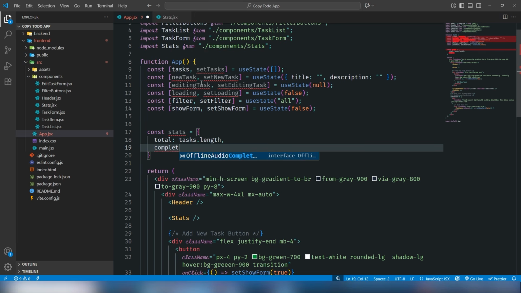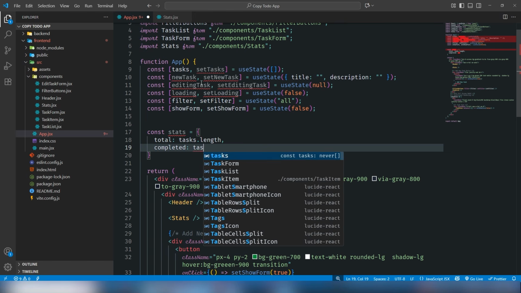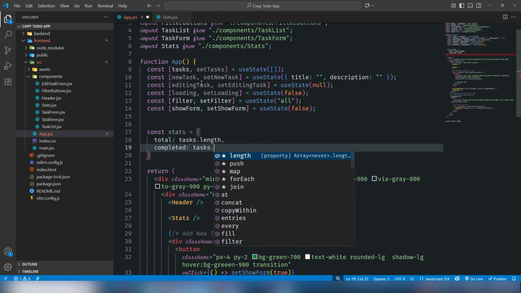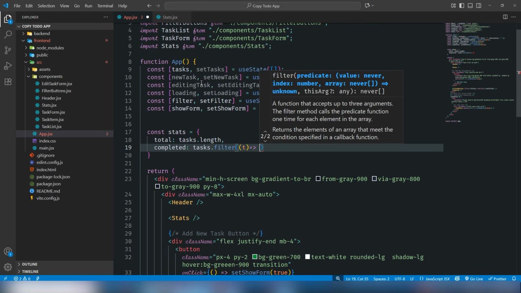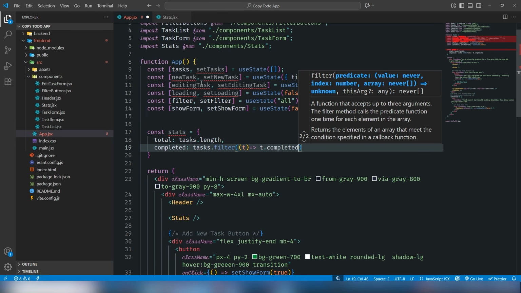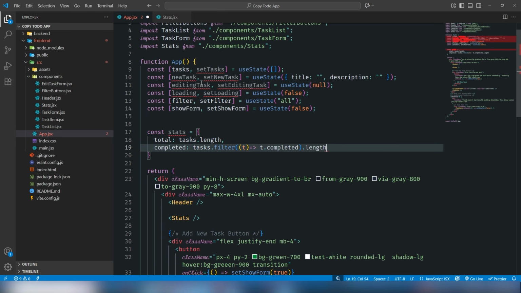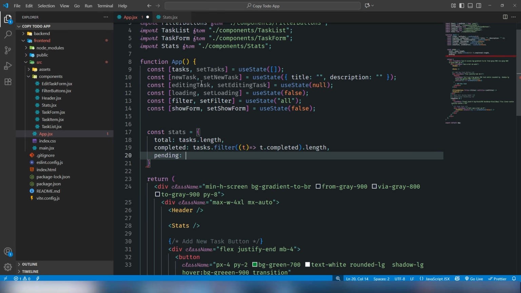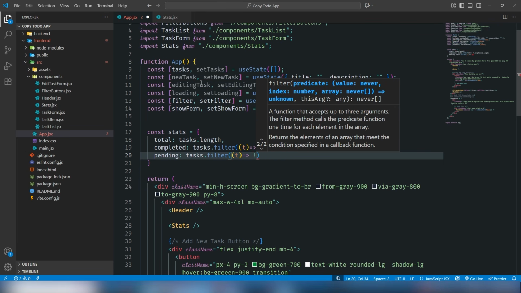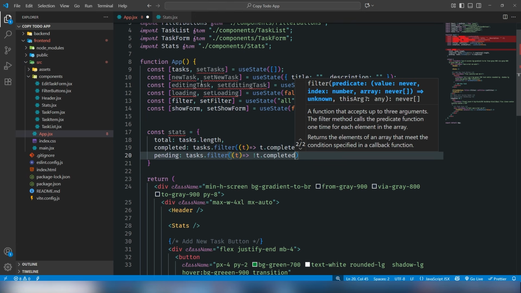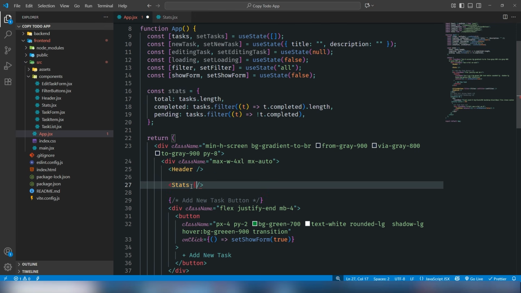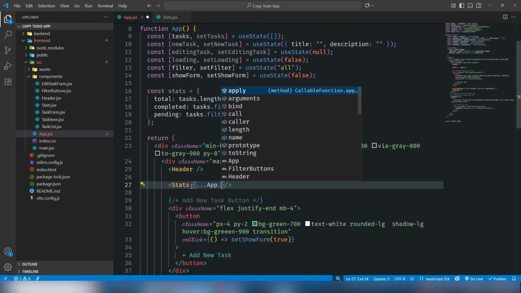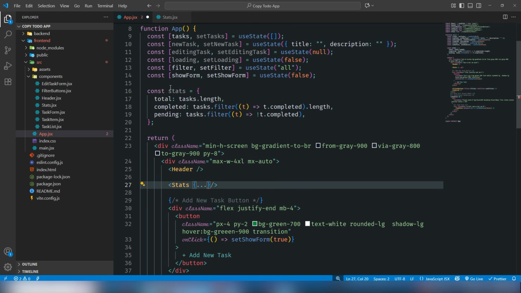The next one is completed, so I would like to use something simple there: tasks dot filter, write any value there. I'm going to use t dot completed dot length. And the last one is pending, so tasks dot filter t, not t dot completed, like this. Status like this,